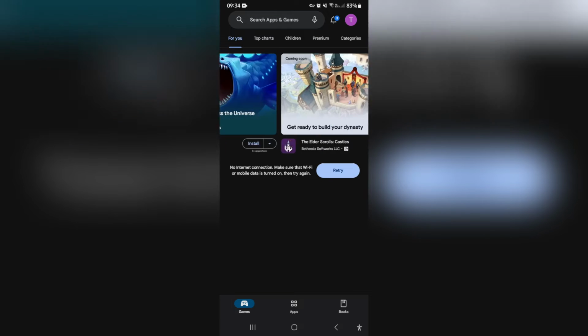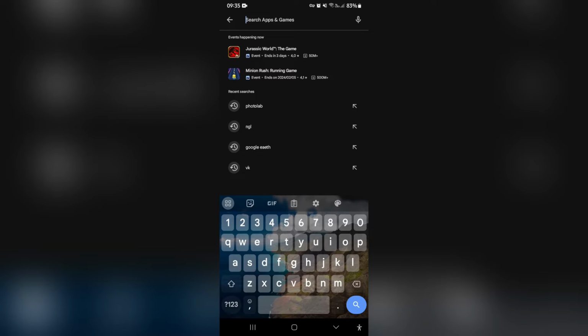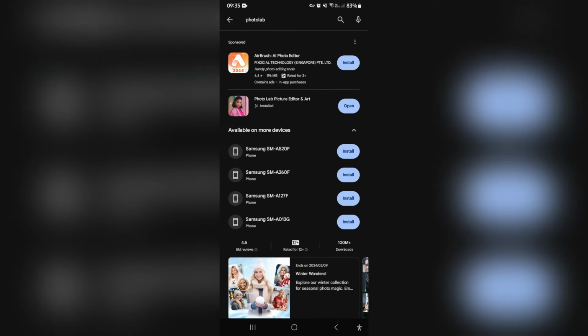If you are on your mobile device and you want to download the Photolab app, I'm going to show you how to do it. On an Android, you're going to jump into your Play Store. If you are using an iPhone, you're going to jump into your App Store and go to the search bar. You're going to tap on that, and you're literally going to type in Photolab, and you will find it within